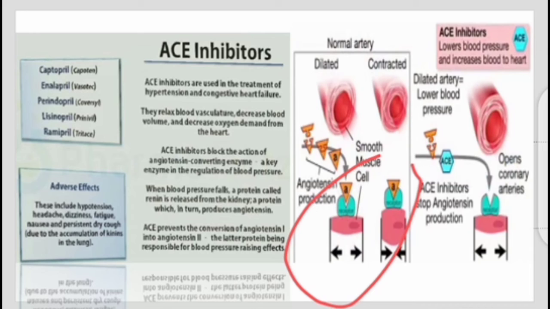Let's talk about the uses of ACE inhibitors. ACE inhibitors are used to treat a number of heart-related conditions, including high blood pressure, heart failure, heart attack, and preventing kidney damage associated with high blood pressure and diabetes. So that was all about the